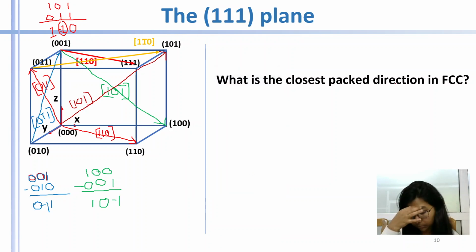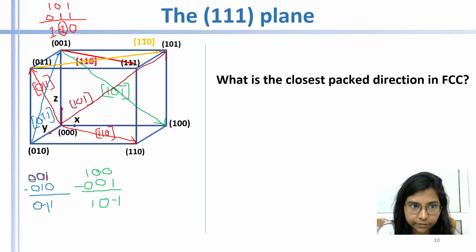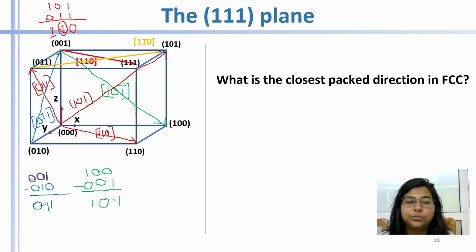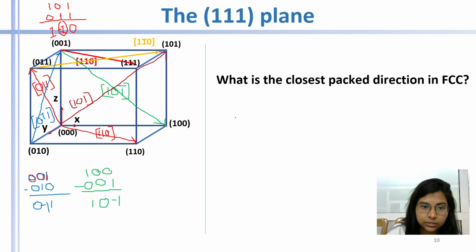So now one important question is that in case of FCC, what is the closest packed direction? Okay, not the closest packed plane. The question is what is the closest packed direction in FCC? So how to know that? So if we draw FCC,